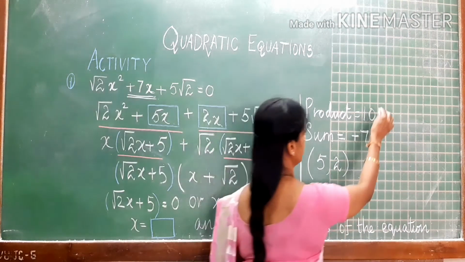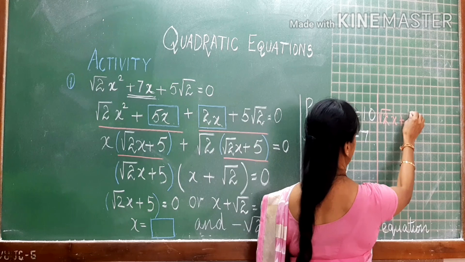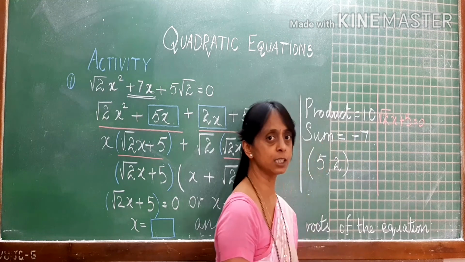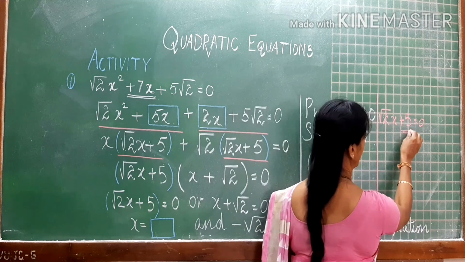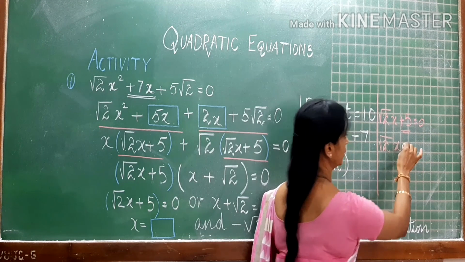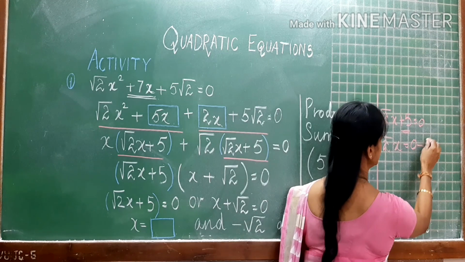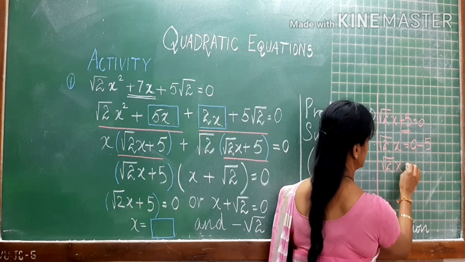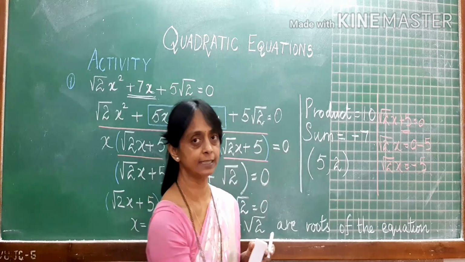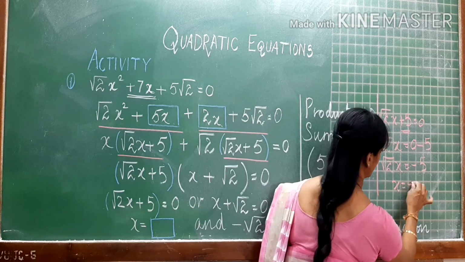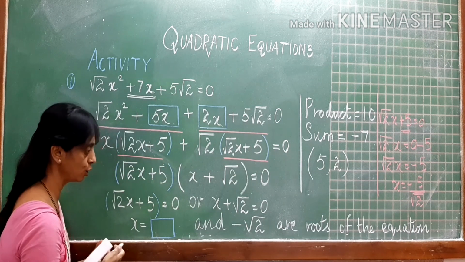I'll do it over here, children. Let me write down the binomial. Root 2x plus 5 is equal to 0. What is easier to be transferred on the other side, children? The single term which is not attached with the variable. So that is plus 5 will go on the other side. So what are you left with? You are left with root 2x, which goes as 0, plus 5 when it takes the other side goes as negative. So root 2x is equal to minus 5. Now root 2 is performing the operation of multiplication. When it goes on the other side, division. So therefore x is equal to minus 5 upon root 2. So what is the answer over here? The answer over here is minus